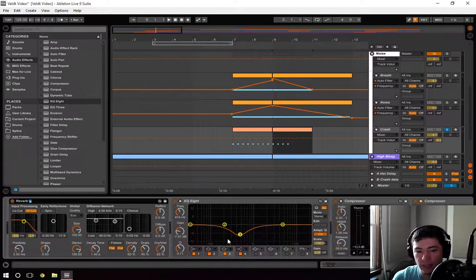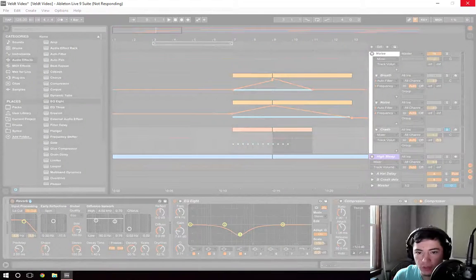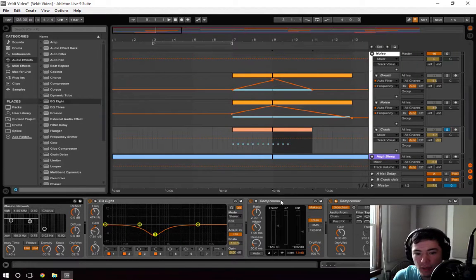We got a little bit of a mid cut to get rid of some of that mud in the mids. We got a compressor to bring that reverb up to volume. I don't know why Ableton is being so unresponsive today. We have the compressor to bring all that reverb up to volume with the rest of the track, and